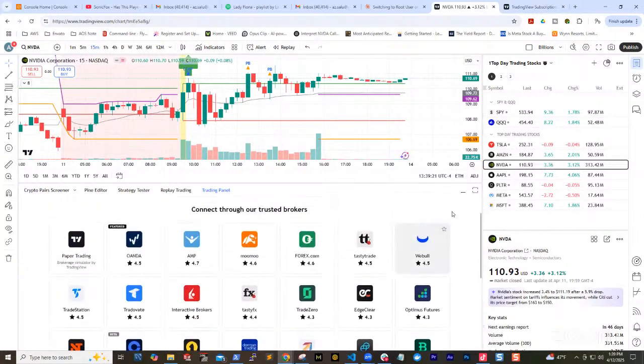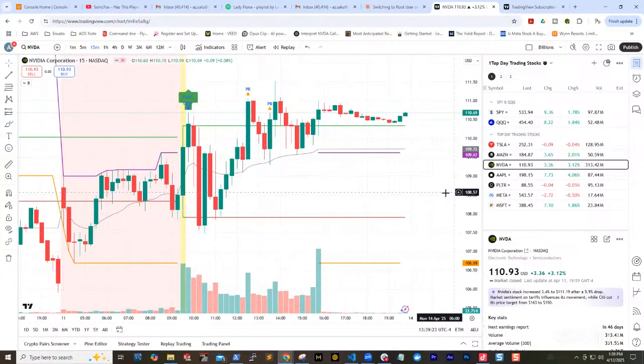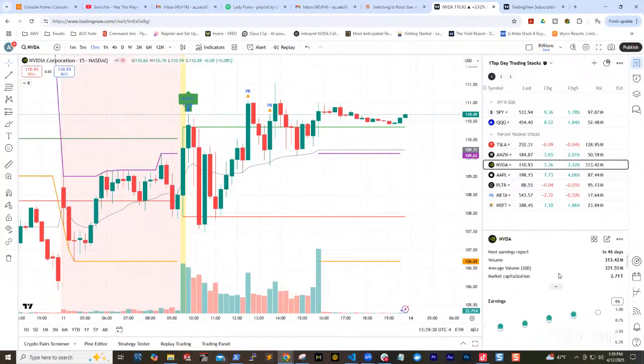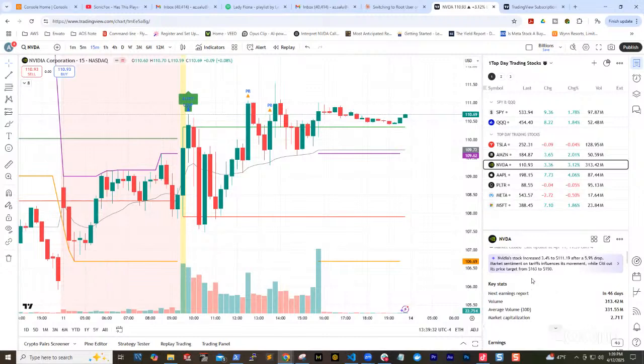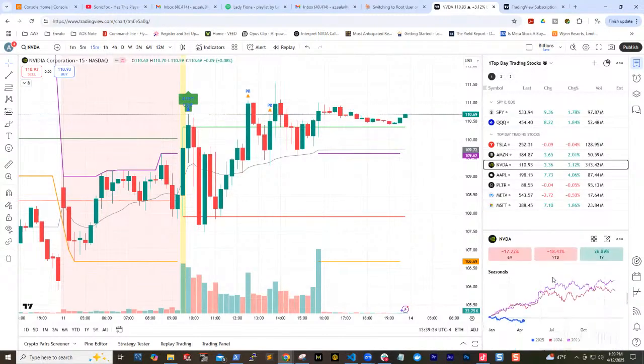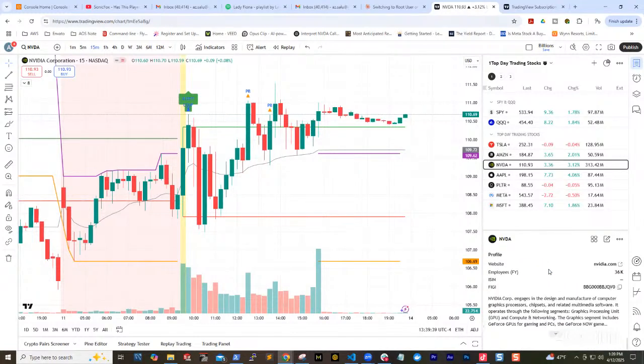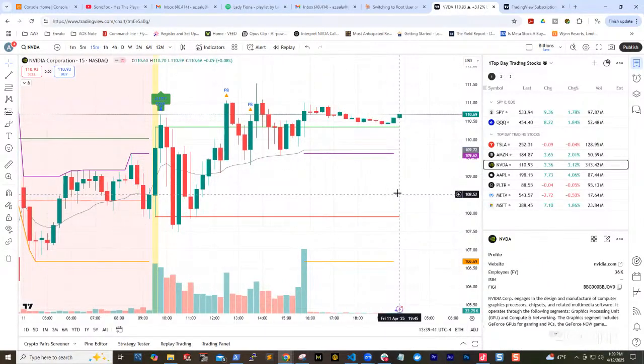Gotcha. Yeah. So this is really good, it gives you so much information about the stock. If you click on the stock, you can see the price for the day. You can see some key stats. You just get a whole lot of information about the stock. Yeah. I got you. I like the platform a lot. I gotta find a trading platform that ain't gonna ask me a whole bunch of questions and let me just do what I want to do with my own money, you know what I mean?